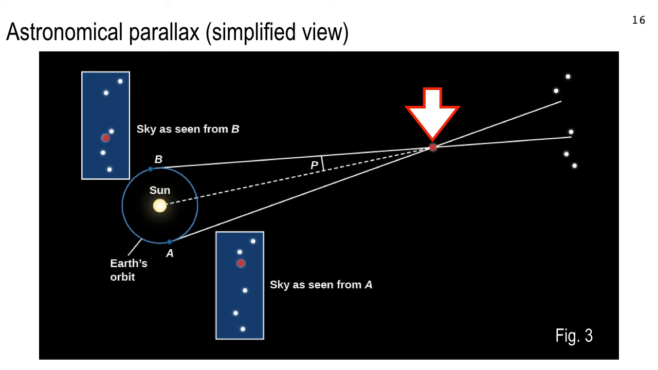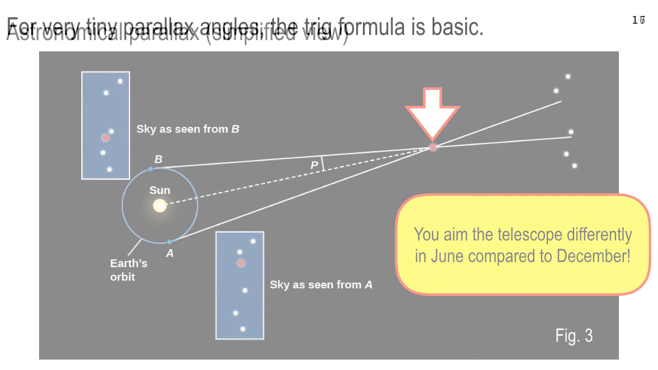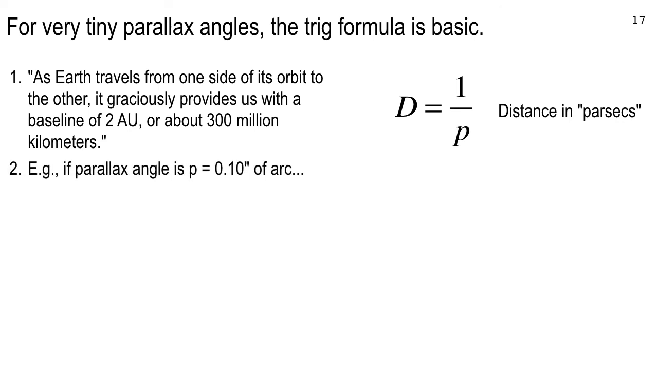Now for something in the solar system, that's going to be a few degrees. Easy as walking through the park. But now for something out to the distant stars, it's very slivery. And you don't have to go to the trig tables, you just use this formula. You just take the parallax angle in arc seconds. For instance, if your parallax angle P is 0.10 seconds of arc, then you just go